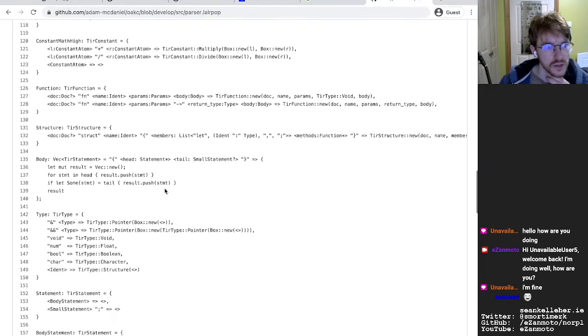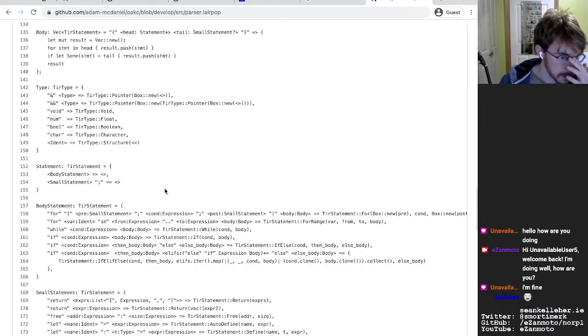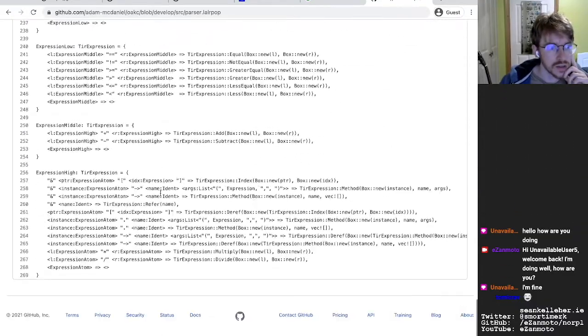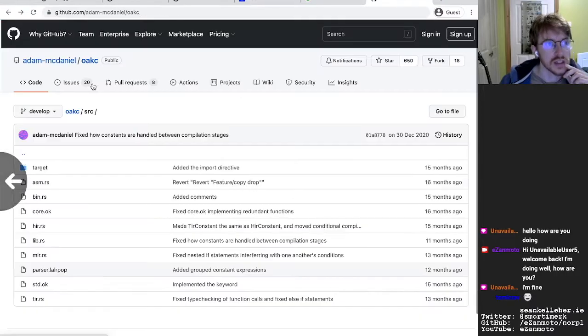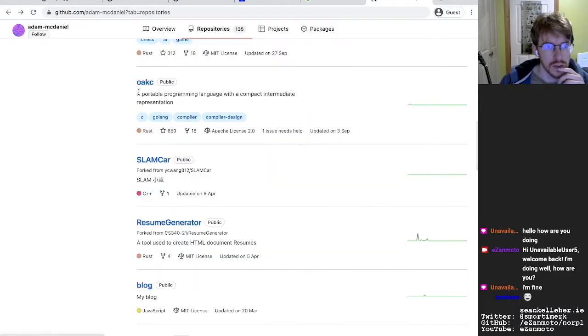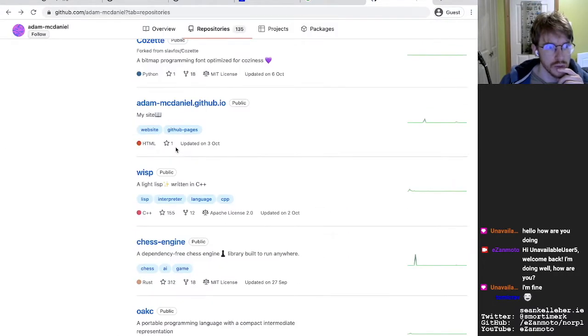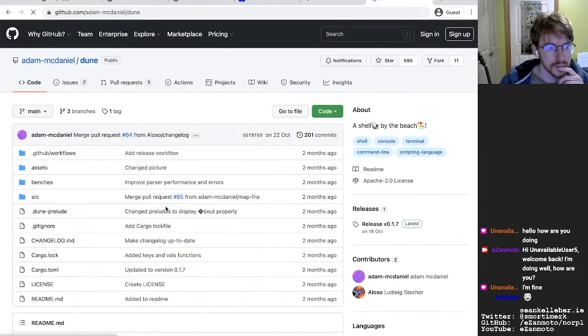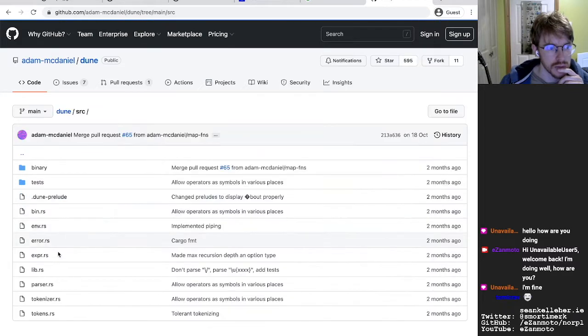I found this person's code to be quite clear, so I think it's a useful reference. So this might not have been the reference I saw before. Was it this one? If I take a look at source,